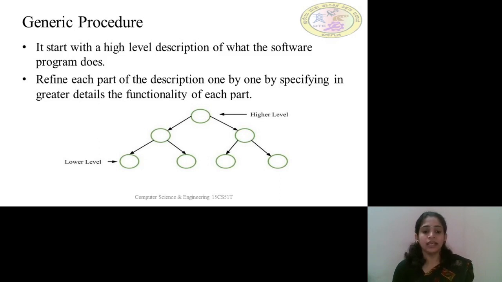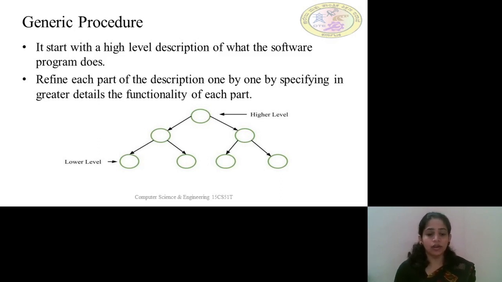Refine each part of the description one by one by specifying in greater detail the functionality of each part. First we start with a higher level. We define only the functions of the software. After refining, we describe in depth, by specifying greater details, what exactly it does, the functionality of each and every module, that we can see in this diagram.